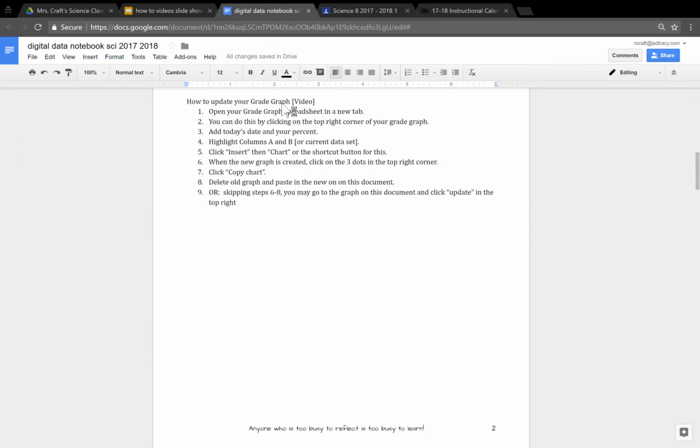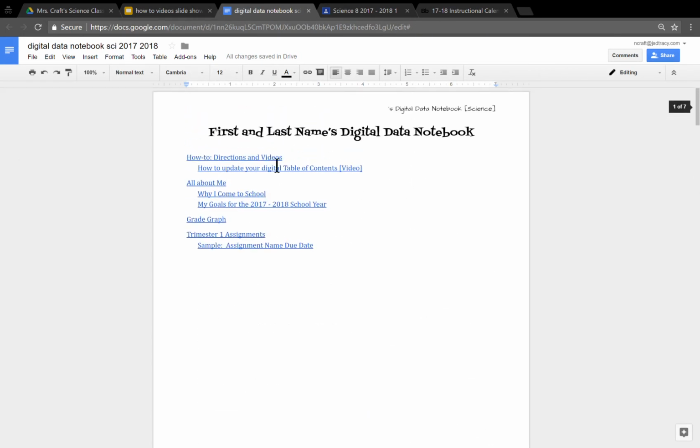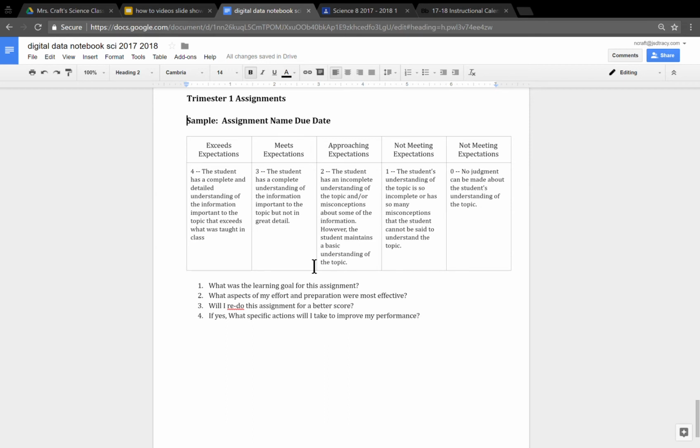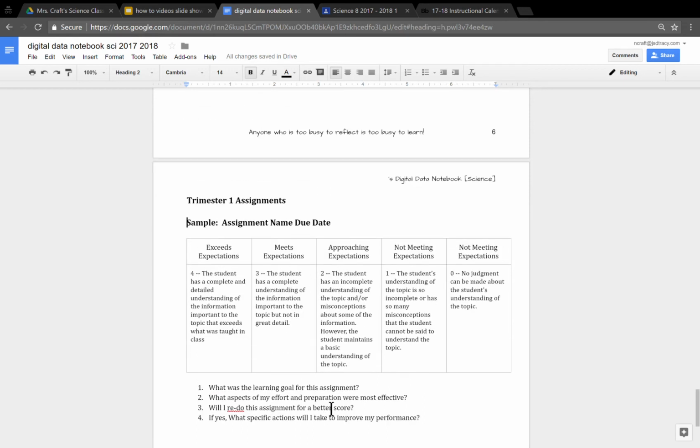So if I'm on my digital data notebook, we have here our table of contents that allows us to click through. So I had trimester 1 assignments and then sample, which was just a sample, but we're going to actually do this for real. So what I want you guys to do, the first one, we're just going to re-edit it. So for example,